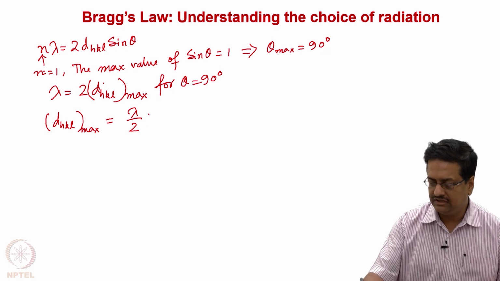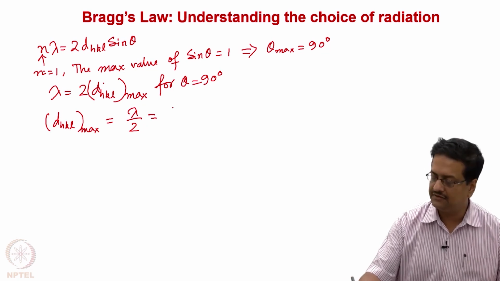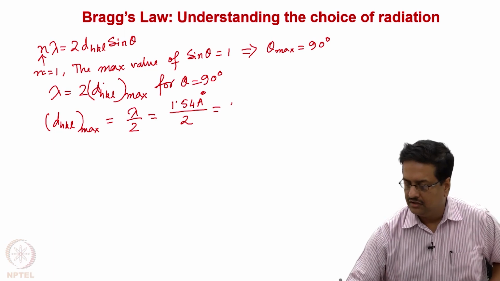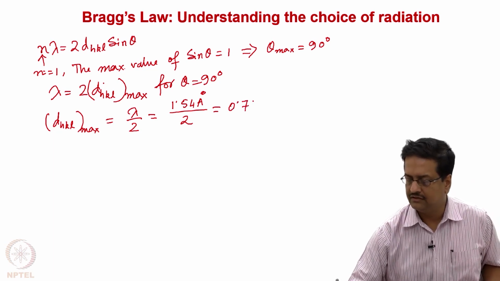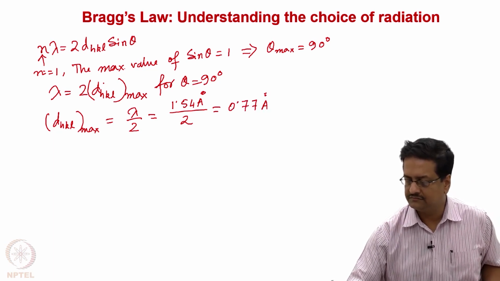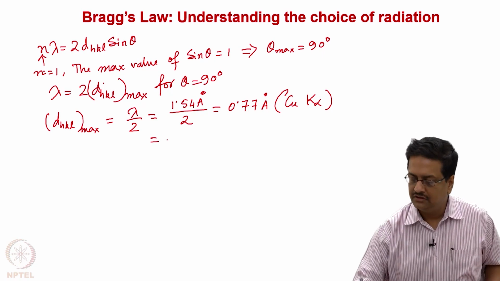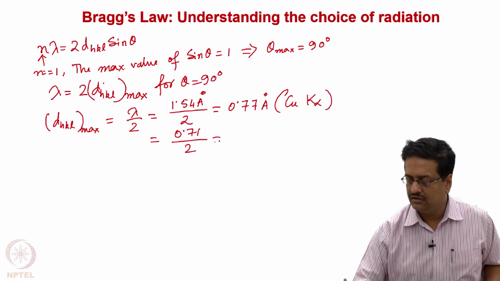So now if the wavelength is copper K alpha, my lambda is about 1.54 angstroms by 2, which is equal to 0.77 angstroms for copper K alpha radiation, and the same is equal to 0.71 by 2 as